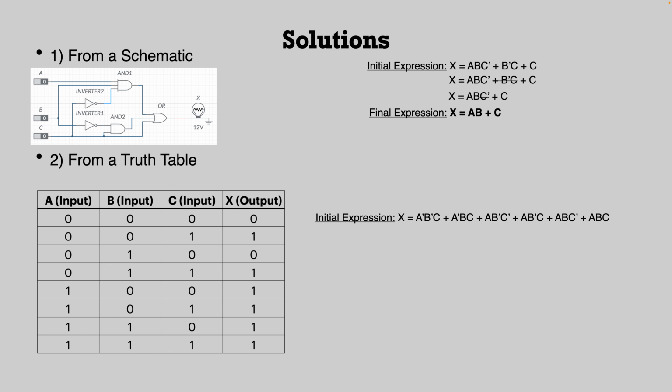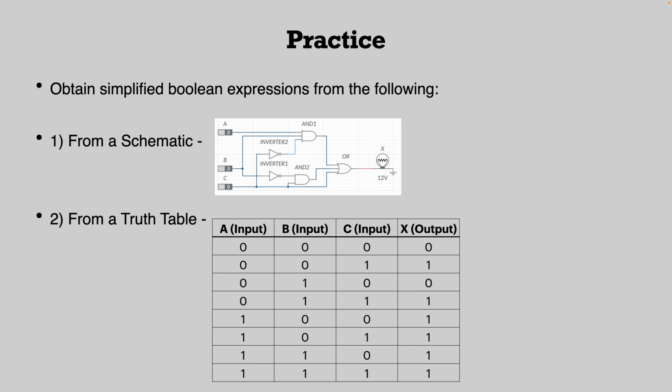But the important thing is to look for which terms only have one inverted term. And there's 3 of them, and conveniently, they cancel out the term that's different because of the